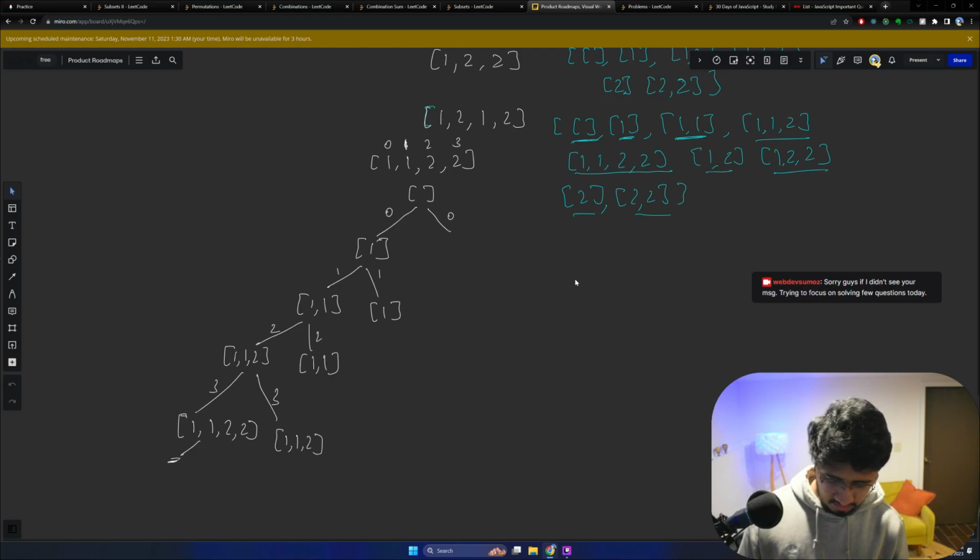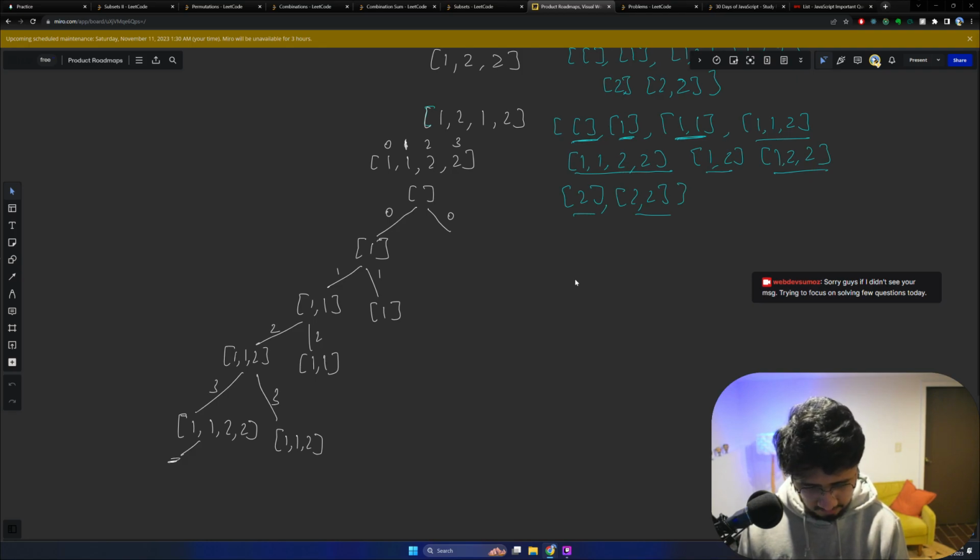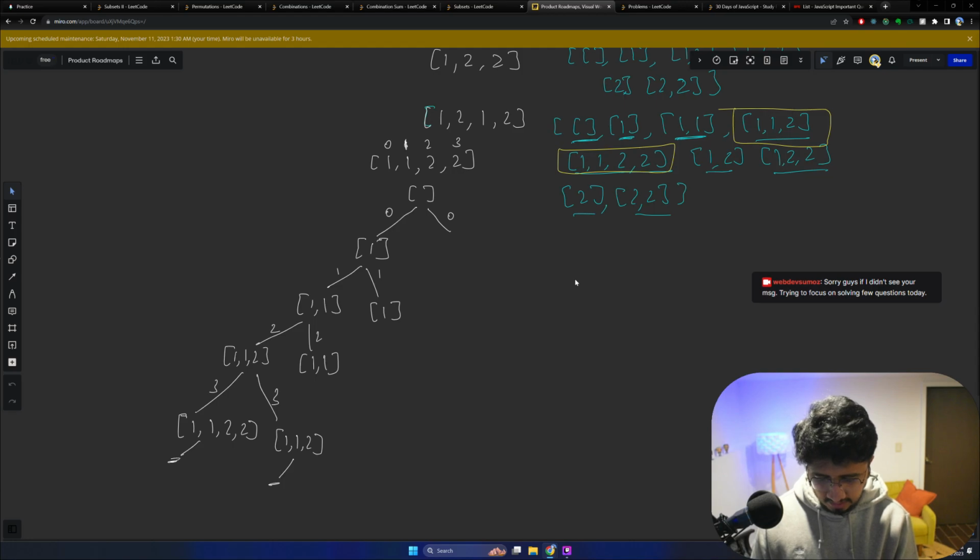So these two look like one of the answer sets. If you see here, this is one answer, and this is one of the answers, right? So we've got two of them here, and then we'll backtrack, and once we backtrack, there is nothing else to be traversed from here. So we'll again backtrack, and then we go to this guy,